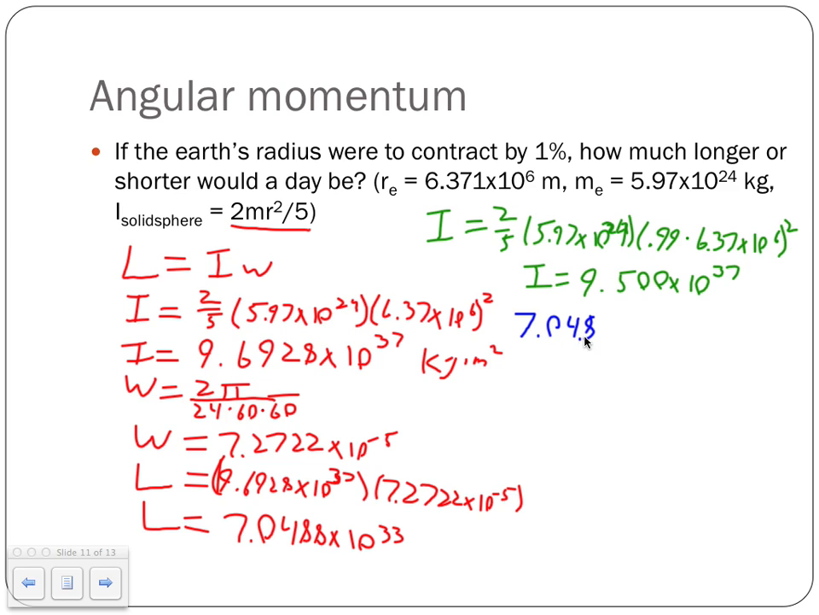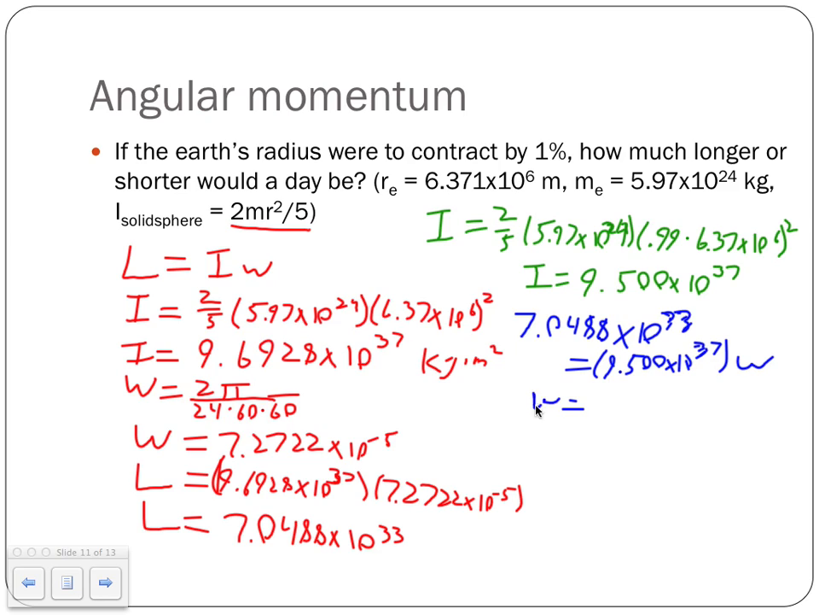7.048, that's an 8. I don't know why this thing's not showing up here, so 7.088. That is not another decimal right there, so we can get rid of that. 7.0488 times 10 to the 33rd should equal, in the new case, 9.500 times 10 to the 37th times omega, which is what we're looking for here. All right, so we can divide both sides by 9.500 times 10 to the 37th, and so when we do that,